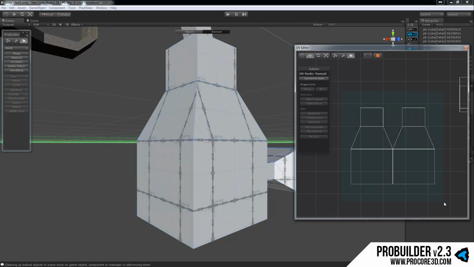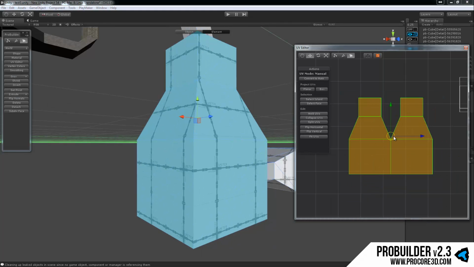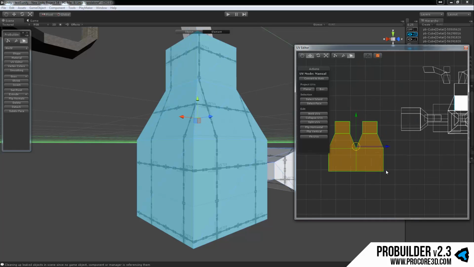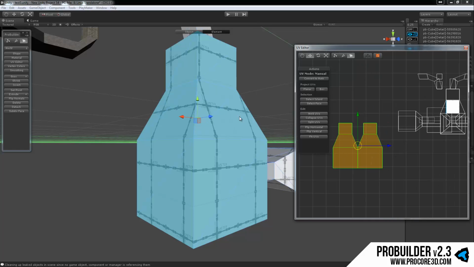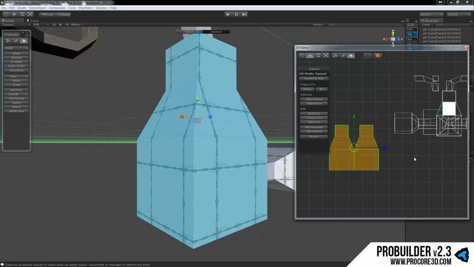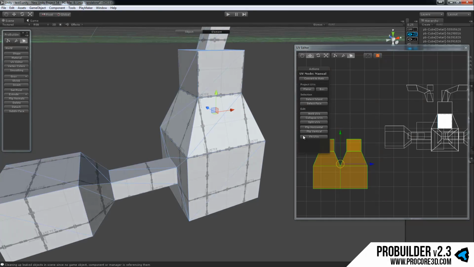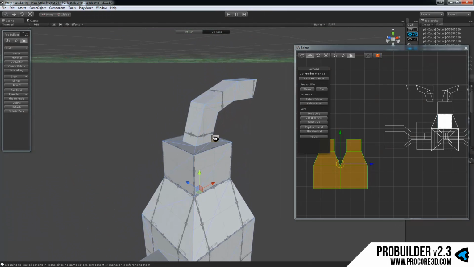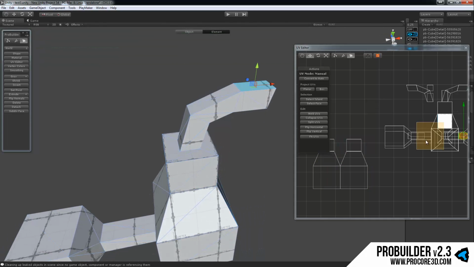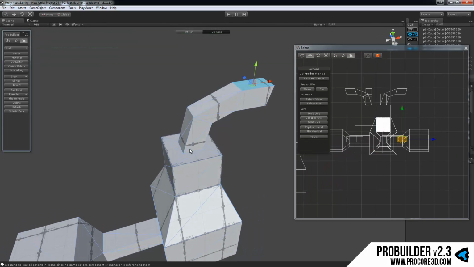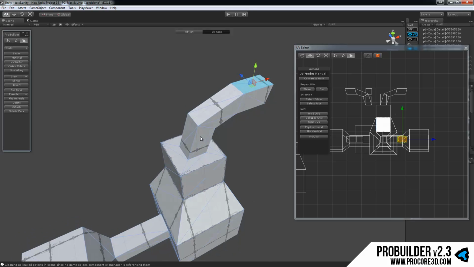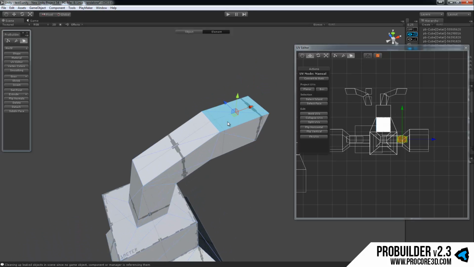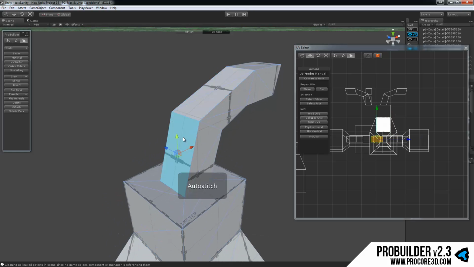all nicely welded together. Of course that's a bit tedious and you don't want to always have to do that step by step. Sometimes you'll need to for very complex objects, but we do have a special ability that we've added in called the auto stitch method. So let's go to the other side actually, or something even a bit more complex. We can start from the very top here, and we want to start going down and unwrapping this whole piece here. So with any face selected, just hold Control and click on another